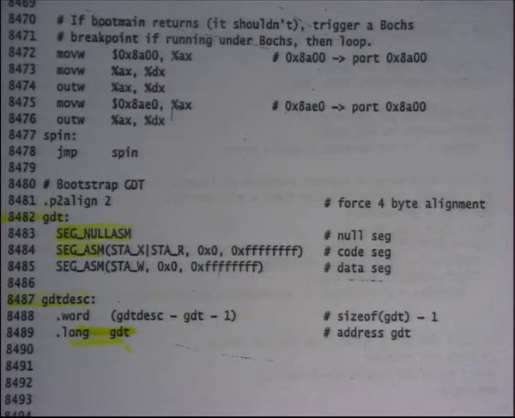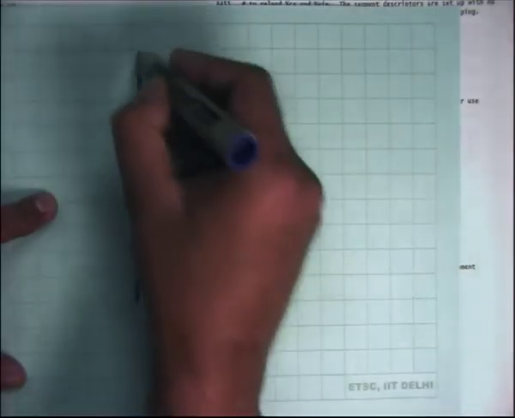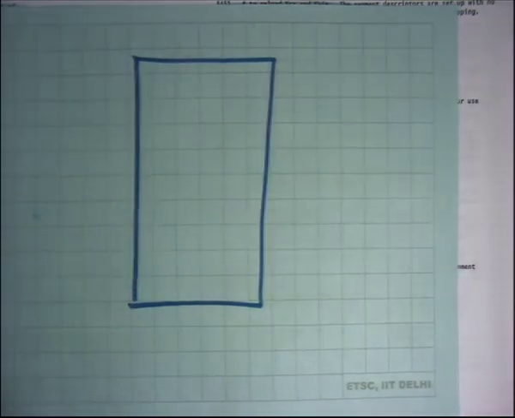Sometimes you want to access code just like data, and we will not differentiate over whether we want to execute it or write over it. So basically, this kind of organization allows you to see a flat address space, right? It doesn't matter which segment you're going through, VA will always be equal to PA. On the other hand, if you do the other thing, then I'll have to worry about whether I'm going through this segment or that segment.